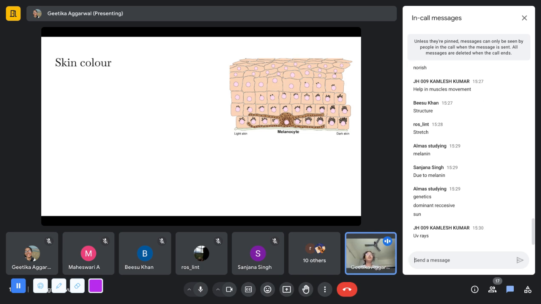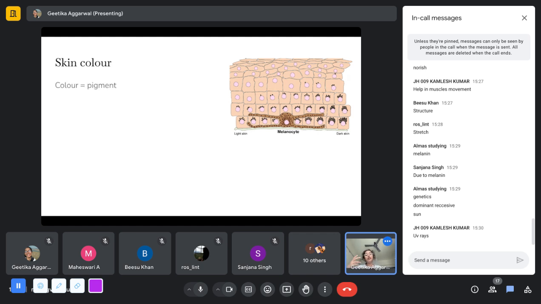Exactly. So people that tend to be more exposed to UV rays, maybe because they are closer to the equator, would have a darker skin for protective reasons, so as to not let UV rays penetrate deeper into the skin or into the nuclei of the cell, to prevent mutations. And people with lighter skin have low amounts of melanin because they are not exposed to UV rays as much as dark skinned people are, and therefore they do not need that much protection.